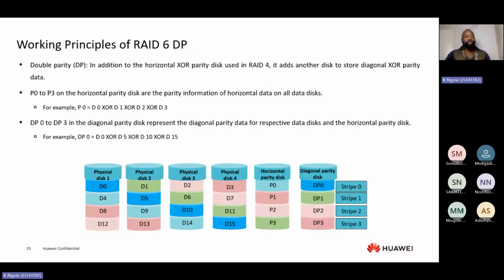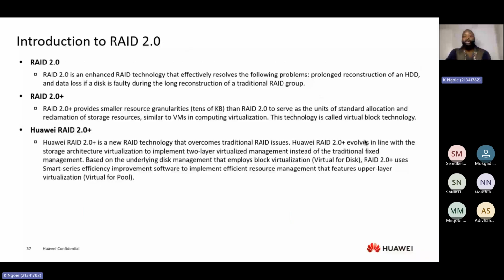This is what we have with that. So today we're going to introduce RAID 2.0. So what is RAID 2.0? You need to know that. When we think of the type of problem we can have with these RAID technologies, where we stripe the disk into multiple strips, which on a certain level will create a stripe, the traditional problem we're going to have with RAIDs